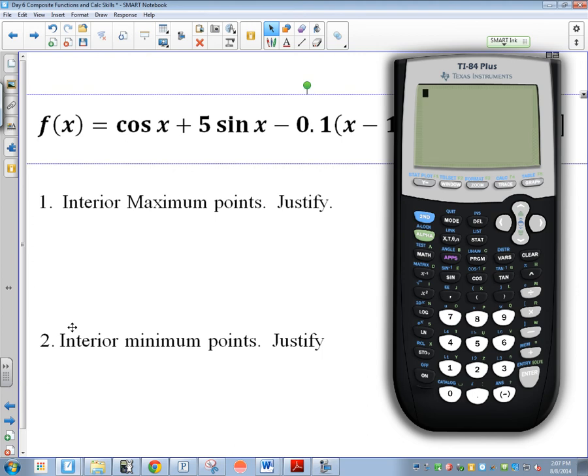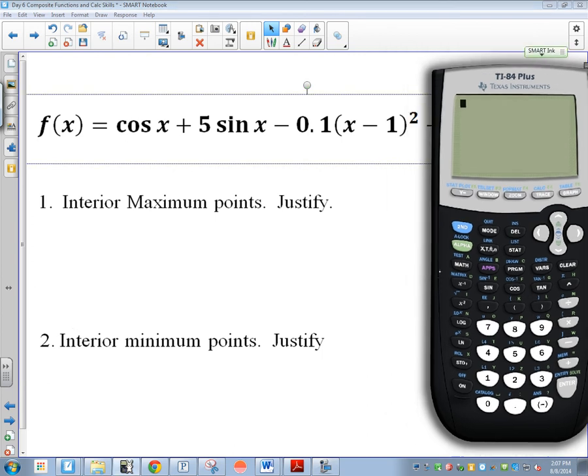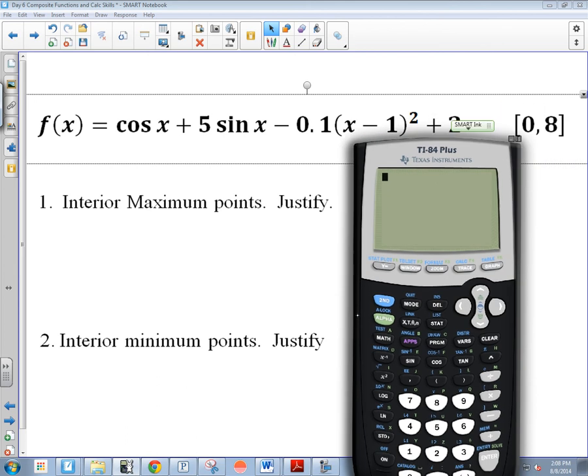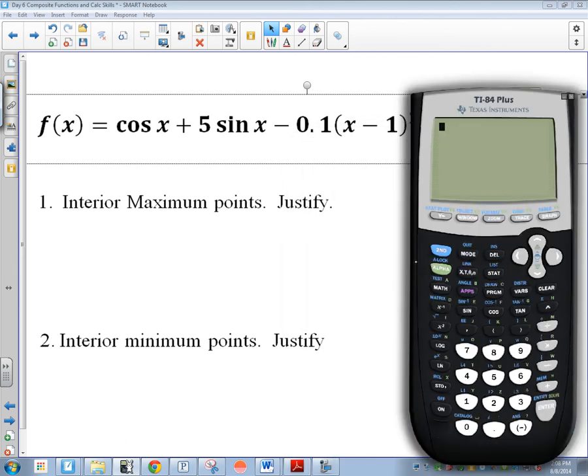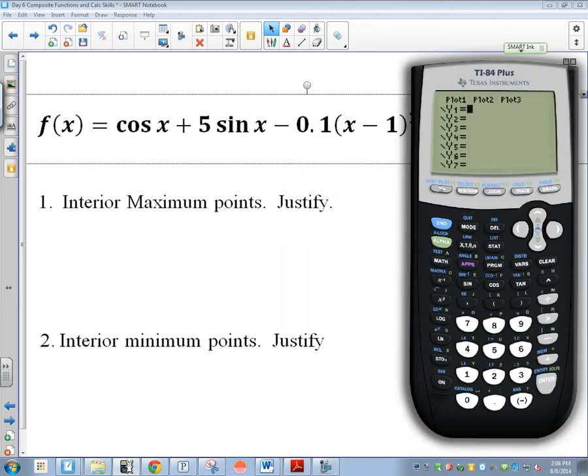Here we go. So we're going to graph this equation right here. In order to graph, remember, we're going to go to the y equals screen. So we hit the y equals screen there, and we're going to clear out anything that's there. If you have an equation of some sort there, clear it out, delete it, and we're going to type